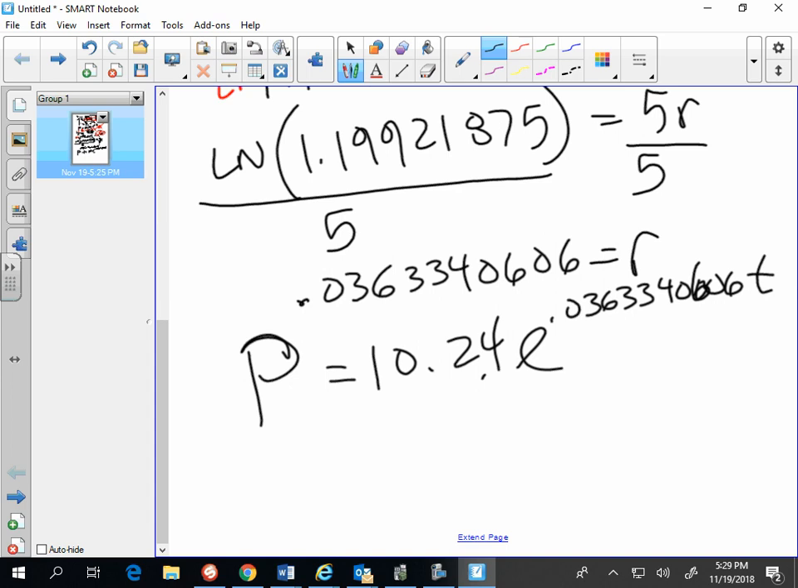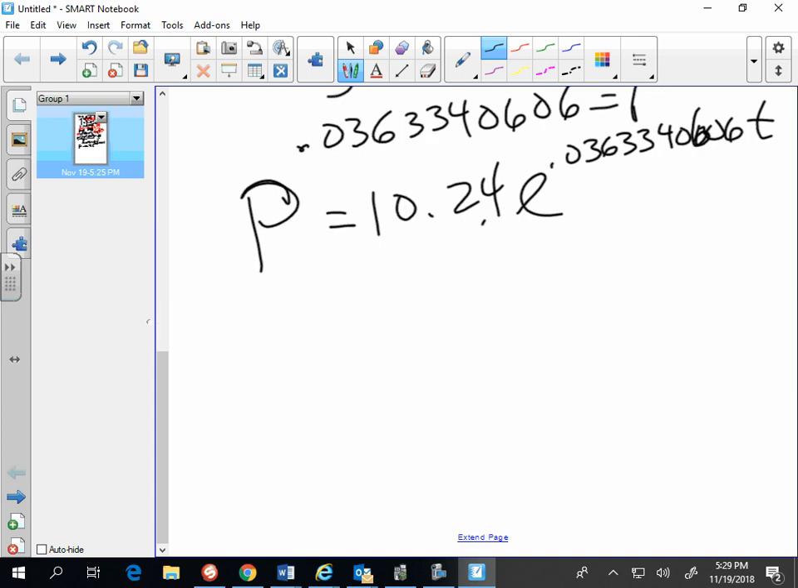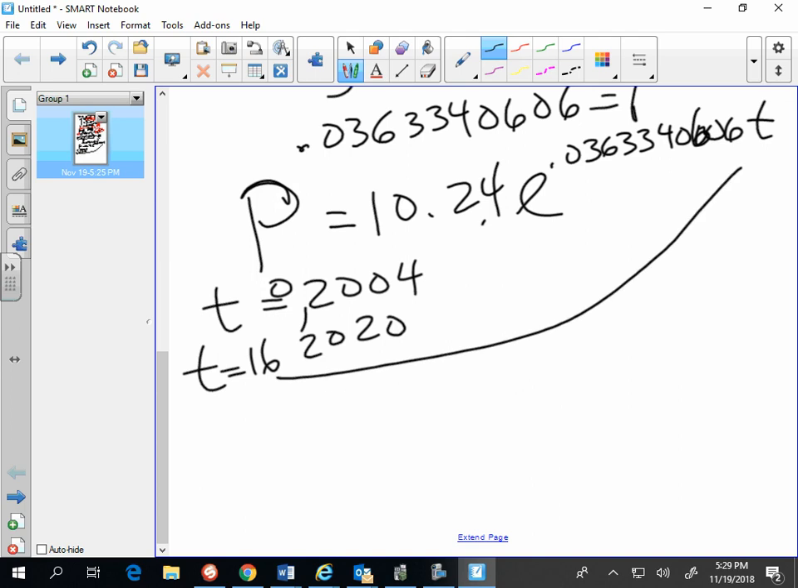The question here says, if the city continues to grow at this rate, what will be the population in 2020? So we said that t equal to 0 was 2004. So 2020, t will be 16. So I'm going to plug a 16 in for time. So 16 times that rate, e raised to that power, times 10.24, and I get that the population after 16 years, or in 2020, will be 18.314 million